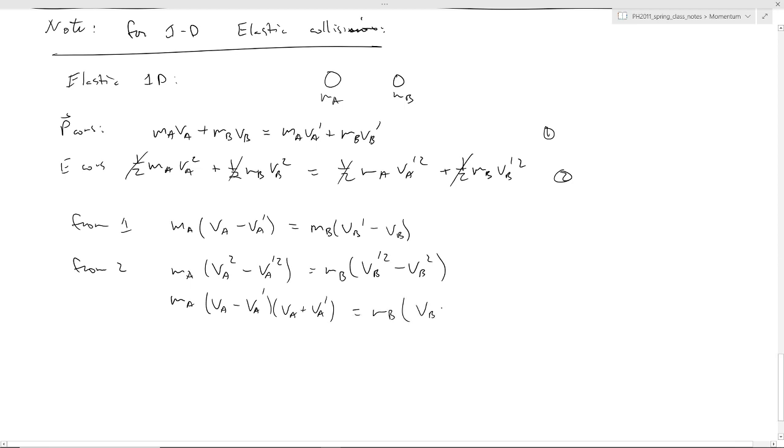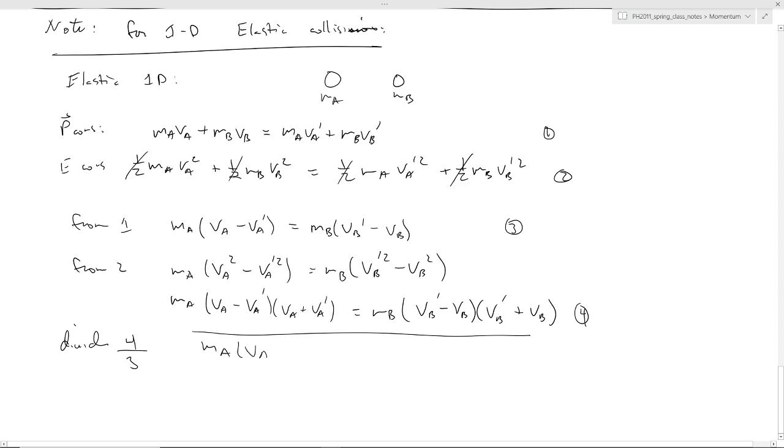Kind of the same situation here. So what we can do is take this and combine it with this, divide 2 by 1. And notice the subtracted pieces and the masses are going to cancel. So if you divide this by this, this stuff's going to cancel. And this leaves you with this relationship